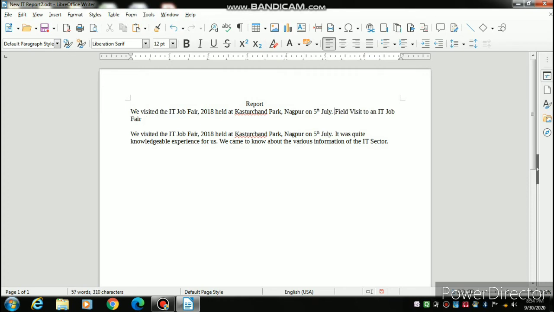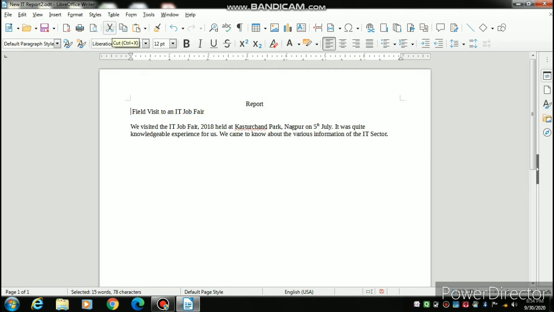Now children, you can see it is the wrong place, so once again you select it, cut and come to the next line. Here you want, then you can change the location of your text. This is a new one.